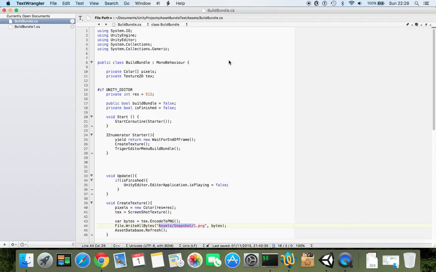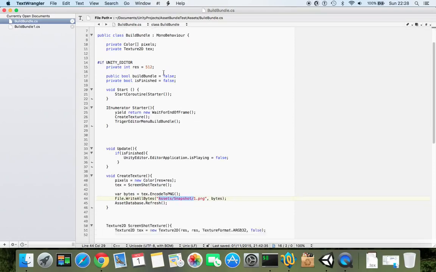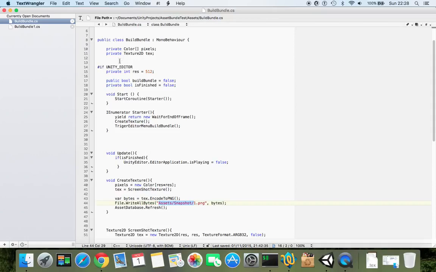So here I'm setting up the texture. Here is a MonoBehaviour script, and when Start is running, it starts up the coroutine and